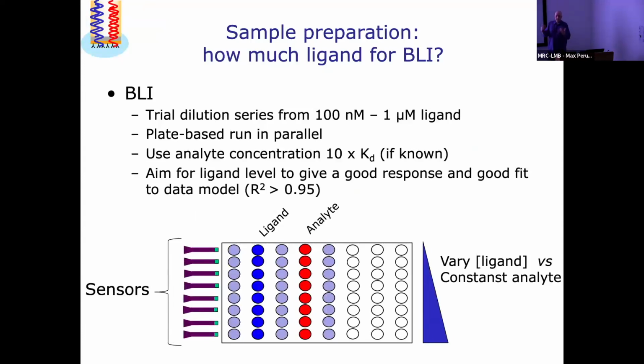So for BLI, you don't really have to guess. You could just run a trial experiment. You can do things in plates, and everything's done in parallel. So you can put your ligand in one column at a range of concentrations, and put your analyte in another column where you hope it's going to bind very well, maybe 10 times above KD or whatever you can get. And then look at the responses you get. Look at the fits, the data model, and do you get a really good fit? Is your R squared above